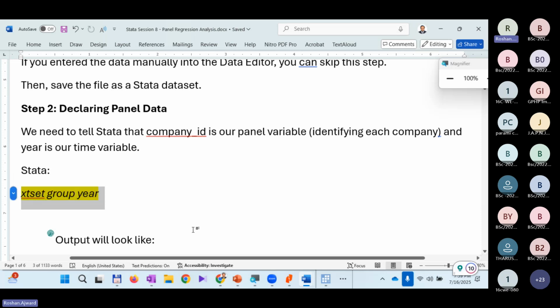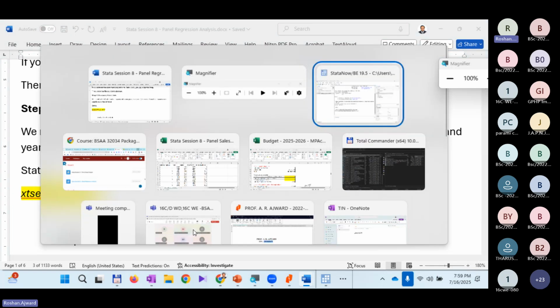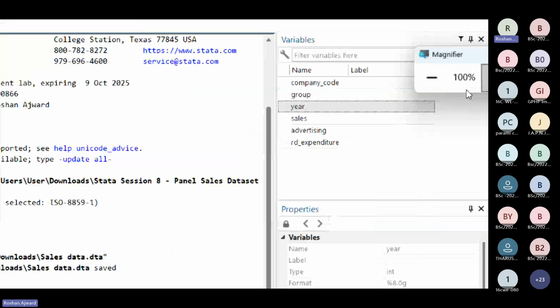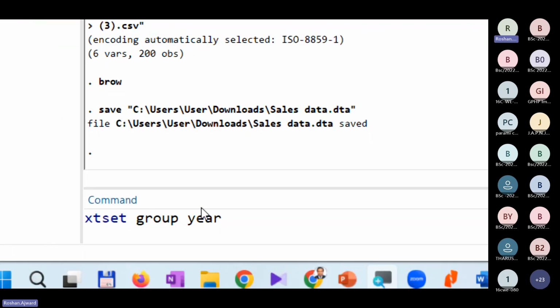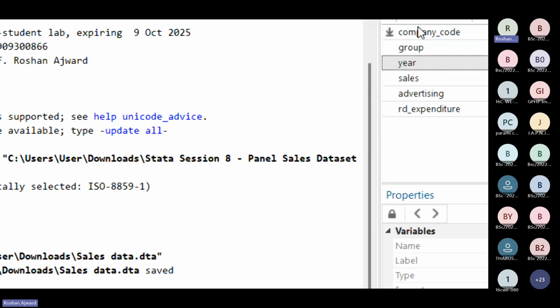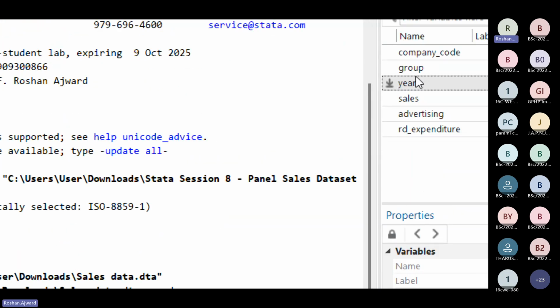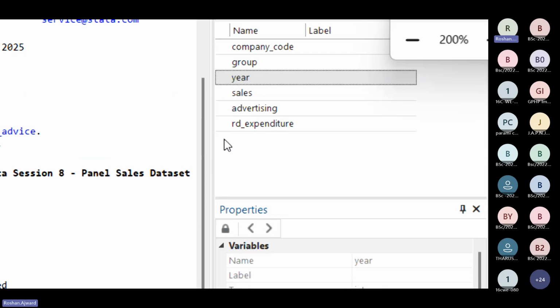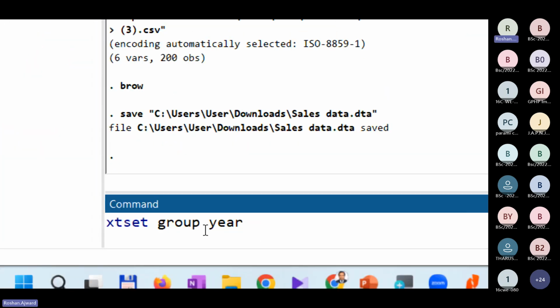So copy this and put that into the command over here. So what I did was I copied and I declare that I use the xtset command to say the group is the panel variable and the period variable is there. In case you have used some other terms, you can give those terms. Maybe for the group, you might have used panel. For year, you might have used period, then say period here. Likewise, we have to give the proper name. So here, xtset, I'll say group and year